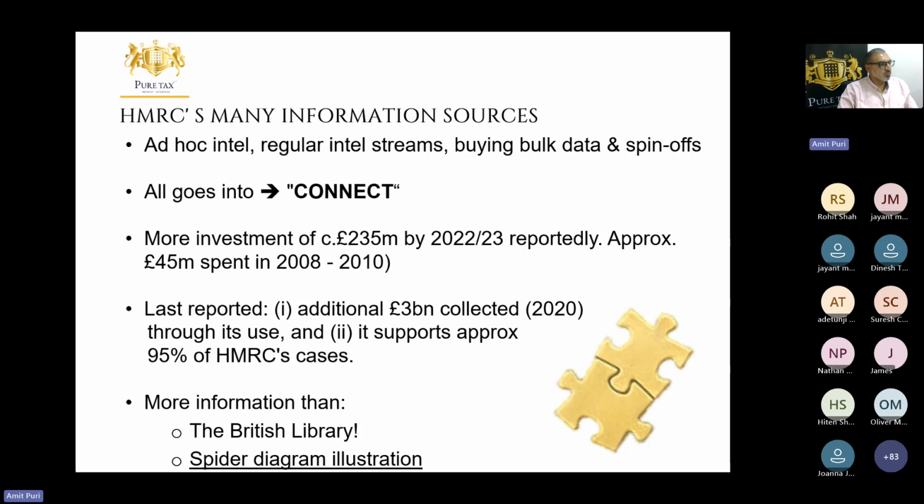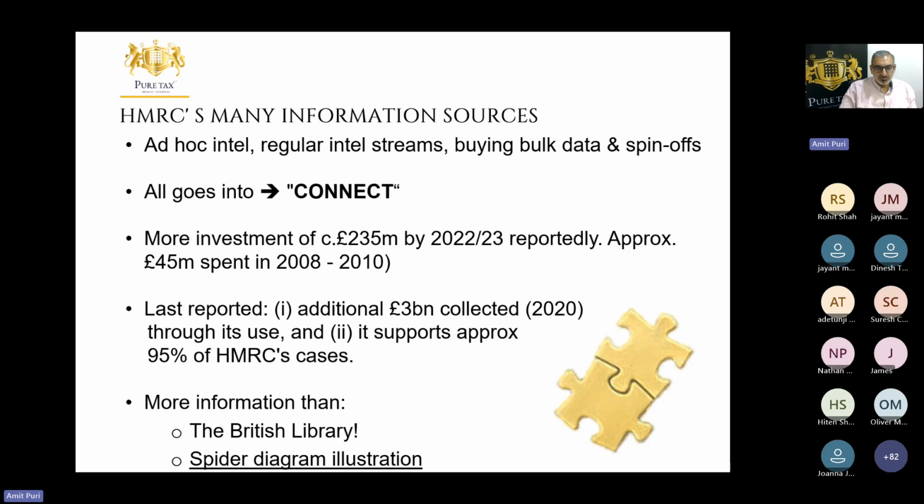So let's move on to where HMRC get their information from. As you might expect, of course, HMRC get information ad hoc all the time. This intelligence comes from your staff in your businesses, whether they still work there or they've left. It might be your neighbour. It might be somebody else that's got an axe to grind and sends information to HMRC. But importantly, this is intelligence in HMRC's hands. They should really check it, verify it, and look at other sources of information before they do something about it, because there's an awful lot.